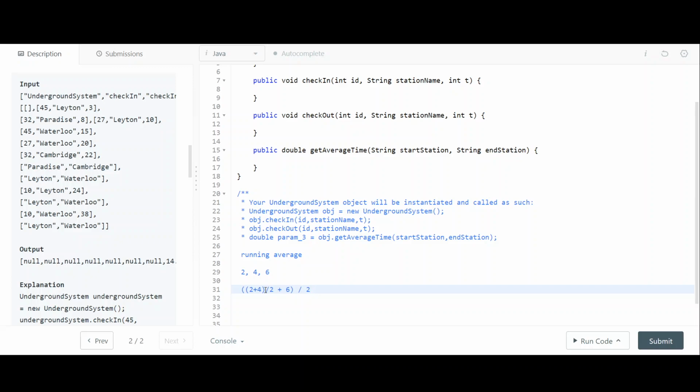This will be 4 plus 2, 6, 6 by 2 is 3, 3 plus 6 is 9, 9 by 2 is 4 and a half. And if you just sum all of them, 2 plus 4 plus 6 by 3, 4 plus 2, 6 plus 6, 12, 12 by 3 is 4. So completely different, right? So when you do the average, you have to keep